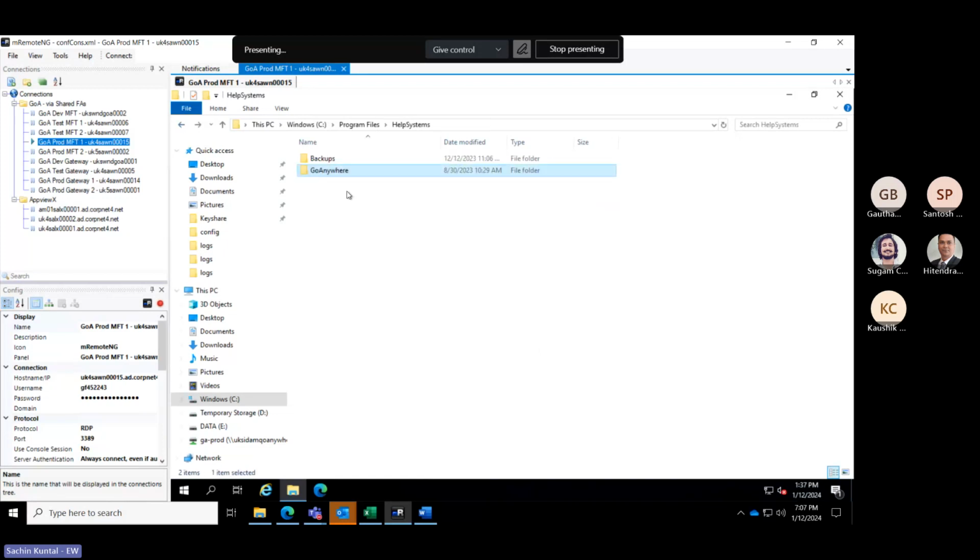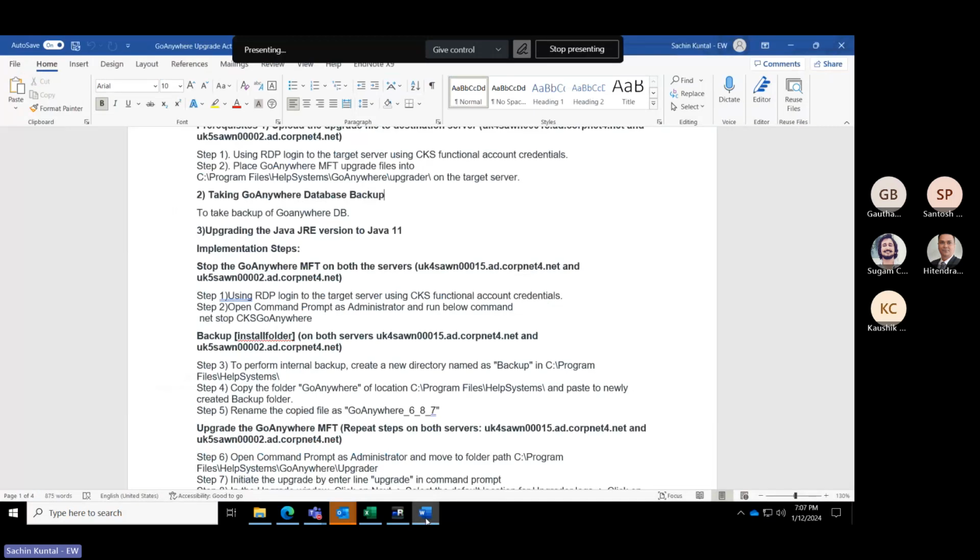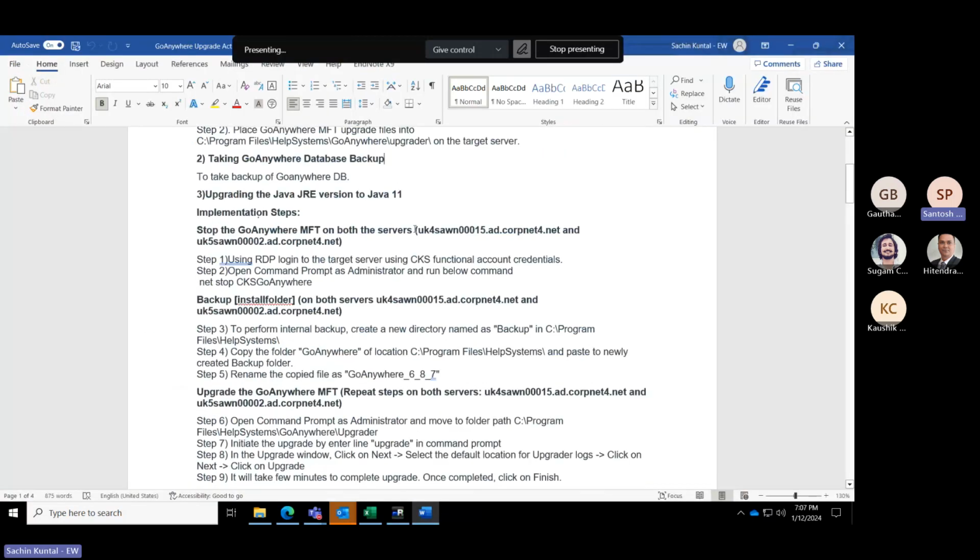This entire GoAnywhere folder is what we back up, and we place the backups over here in this folder. That is one of the steps, and it is done manually.